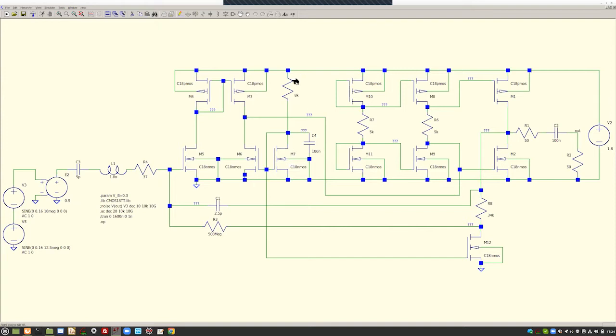And since you want to have a low current here, otherwise you're just consuming a lot of current, then you will also have high values of resistors and low values of GM, so high voltage noise. And that you want to kill. That's why this transistor is here. This is the output stage,